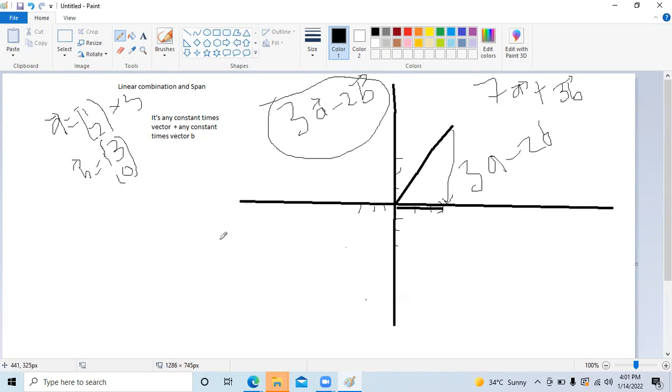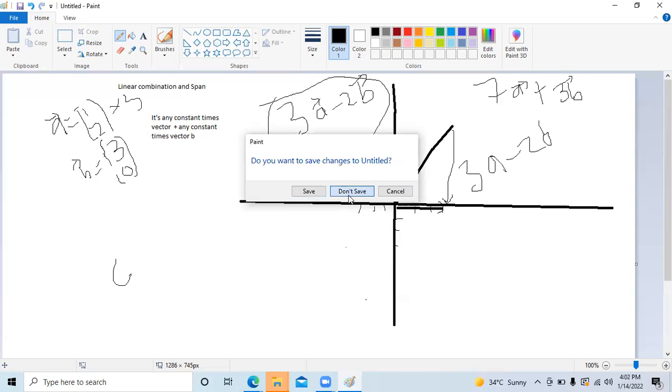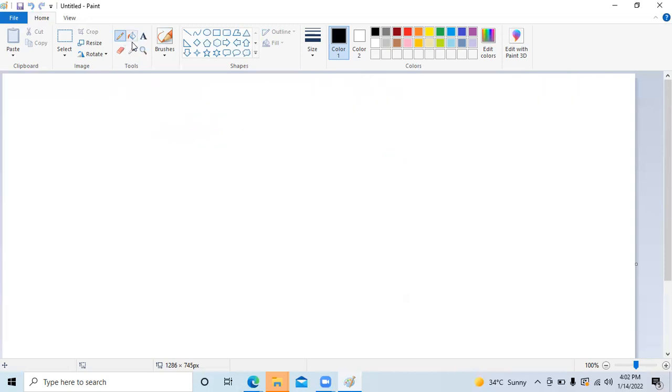We can have millions of linear combinations. We can do 5A plus 3B. We can do 6A plus 7B, right? Those are different linear combinations. Now, linear combination takes us to span. What is a span? So let's open a new